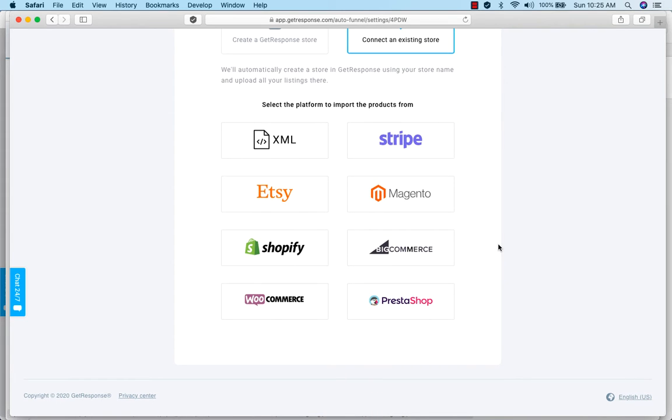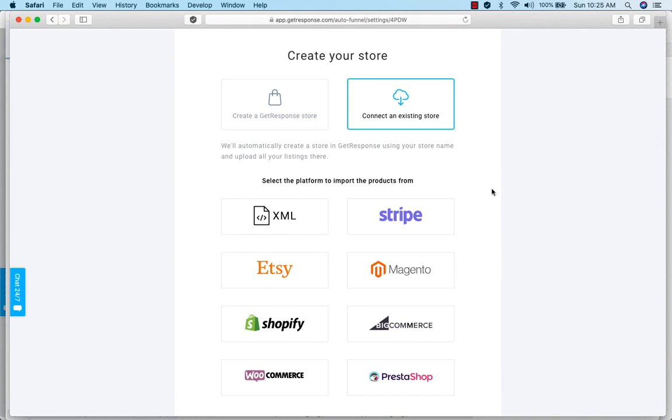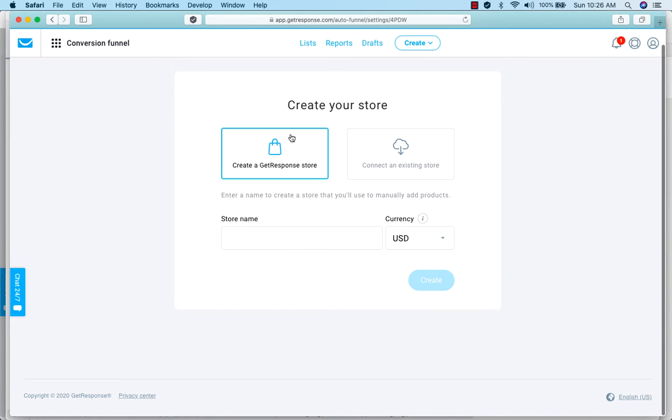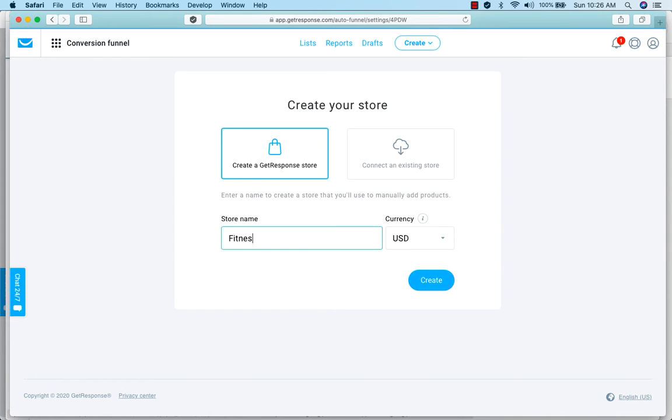So we can integrate our XML sites, Stripe, Etsy, Magento, Shopify, BigCommerce, WooCommerce, PrestaShop, all these different kinds of stores to GetResponse. But for now, as we are trying to build the complete thing inside GetResponse only, let's create a GetResponse store. Let's name it Fitness First